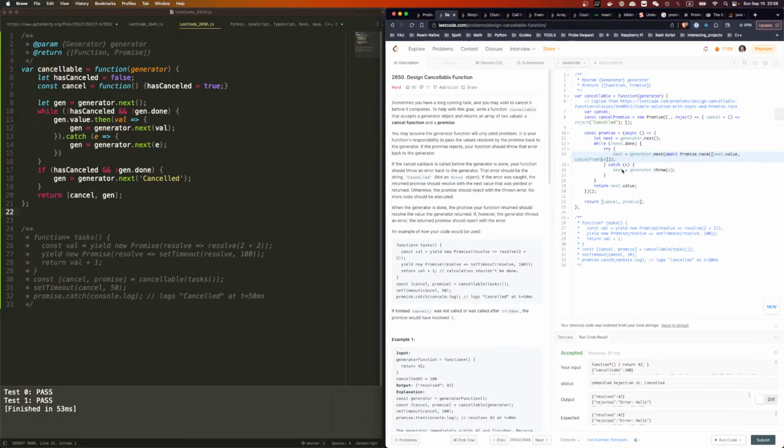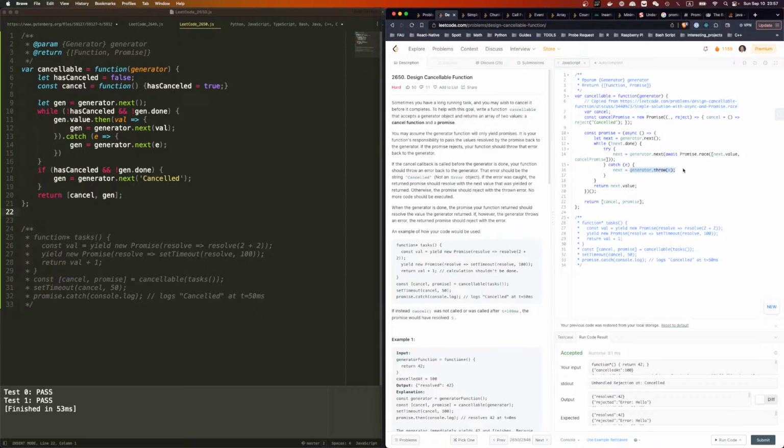Otherwise, if you do throw, then if it's not caught, the promise should reject. So if this one throws an error,